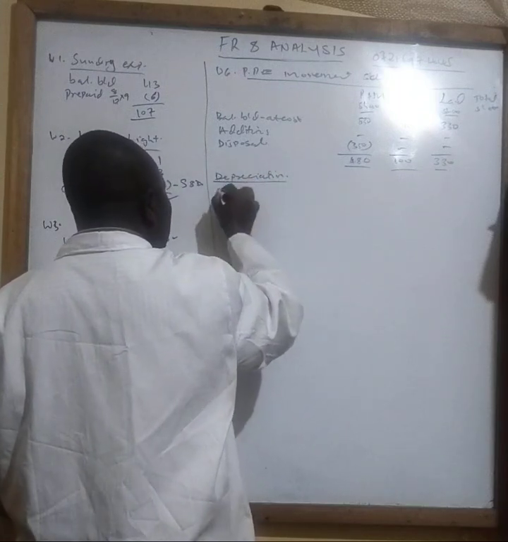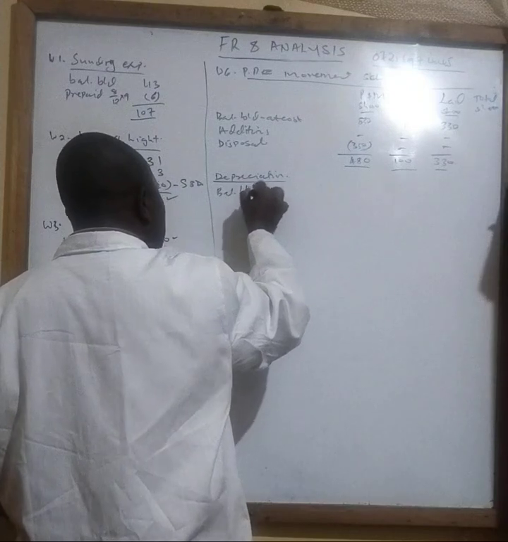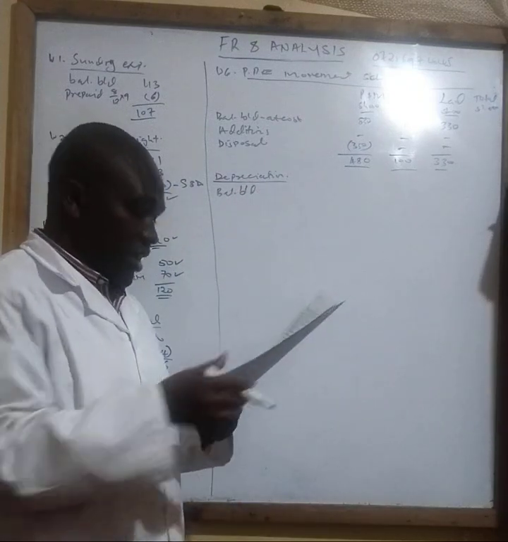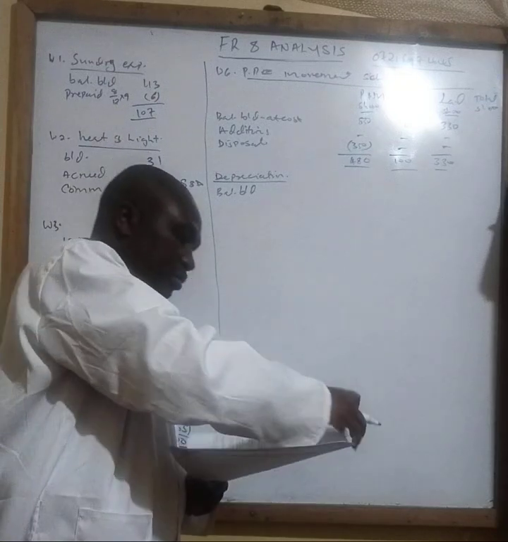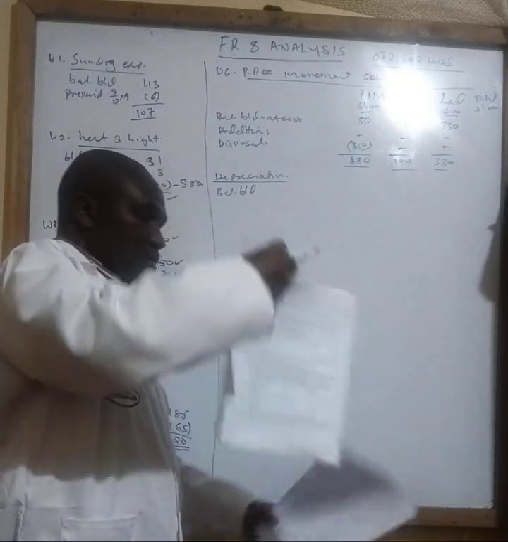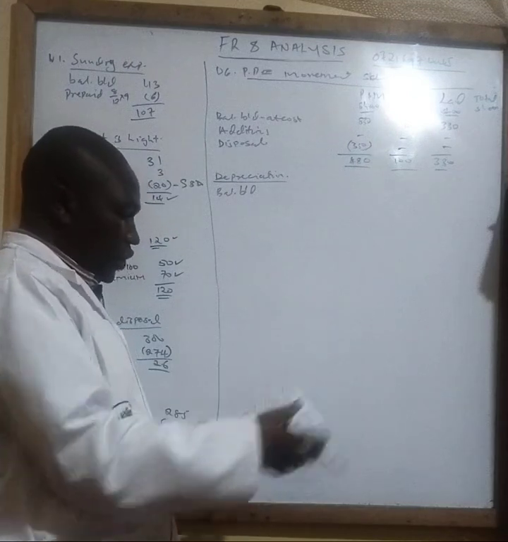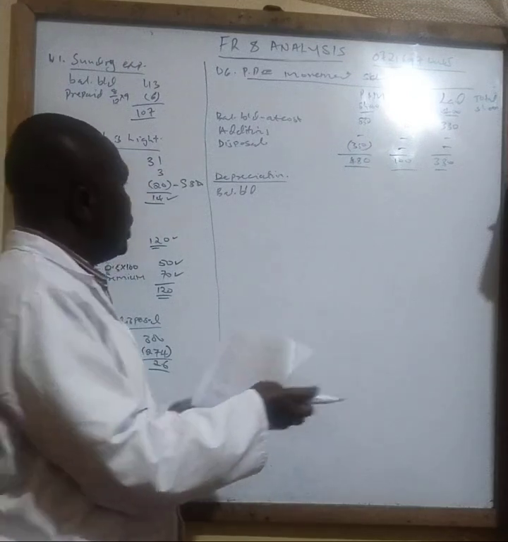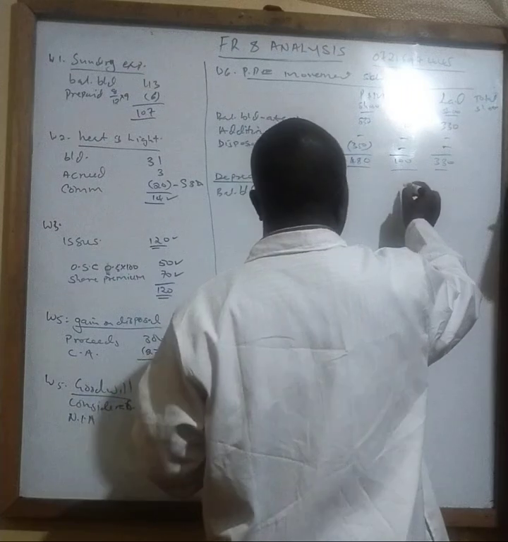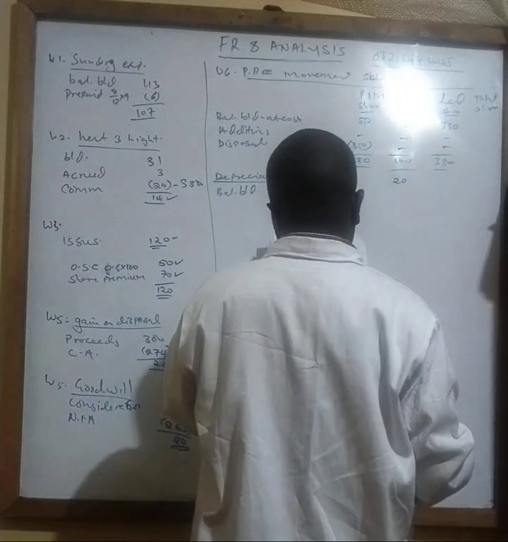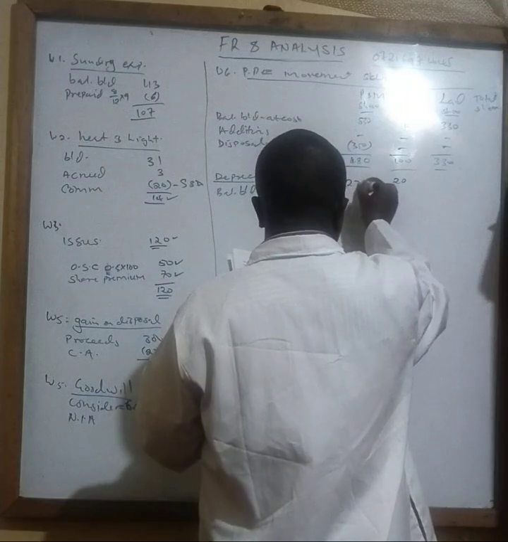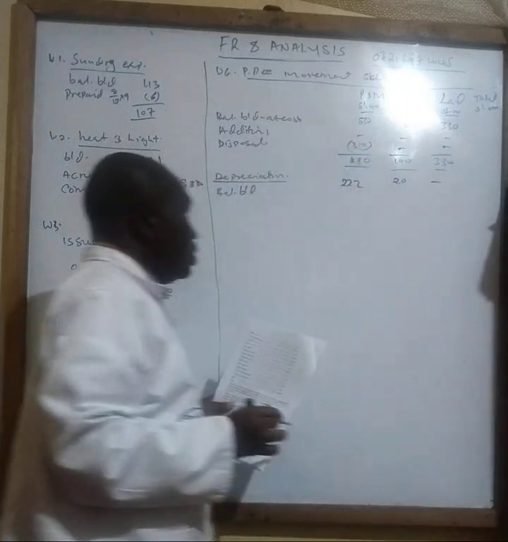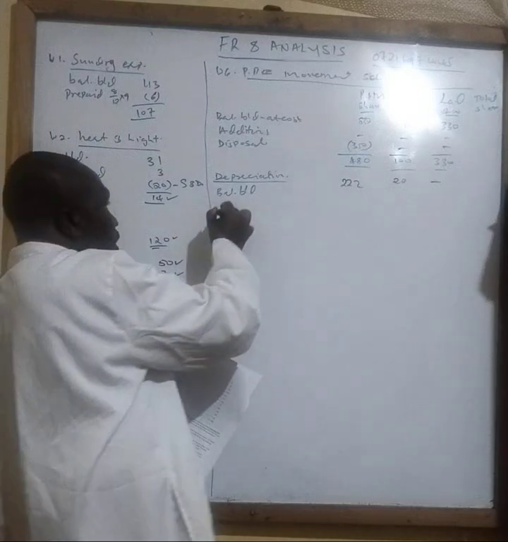Depreciation here, we have the balance brought down, that is accumulated depreciation for the previous years. You have been told from the question, building is 20 shillings. Building here, 20. Then you have also been told plant is 222. But land does not depreciate. Then for the year,